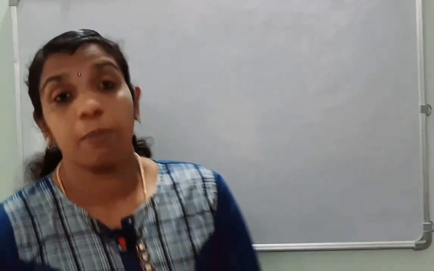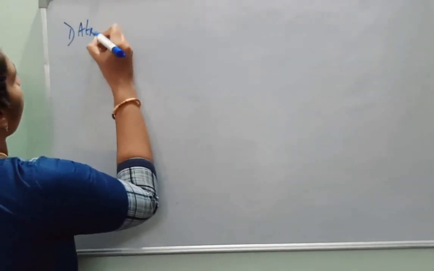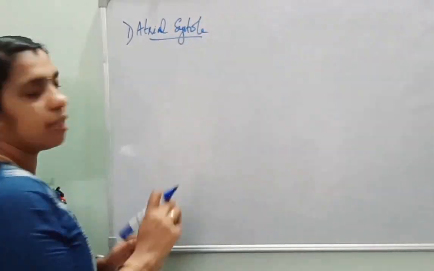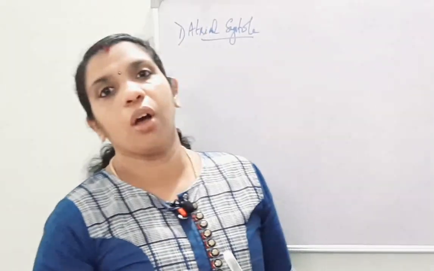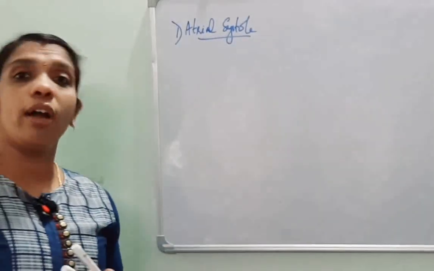We will see the steps involved in the cardiac cycle. We will shorten the session and only cover the important points. The first step of the cardiac cycle is atrial systole. This atrial systole is also known as the pre-systole of the ventricle. So in atrial systole, what happens is,